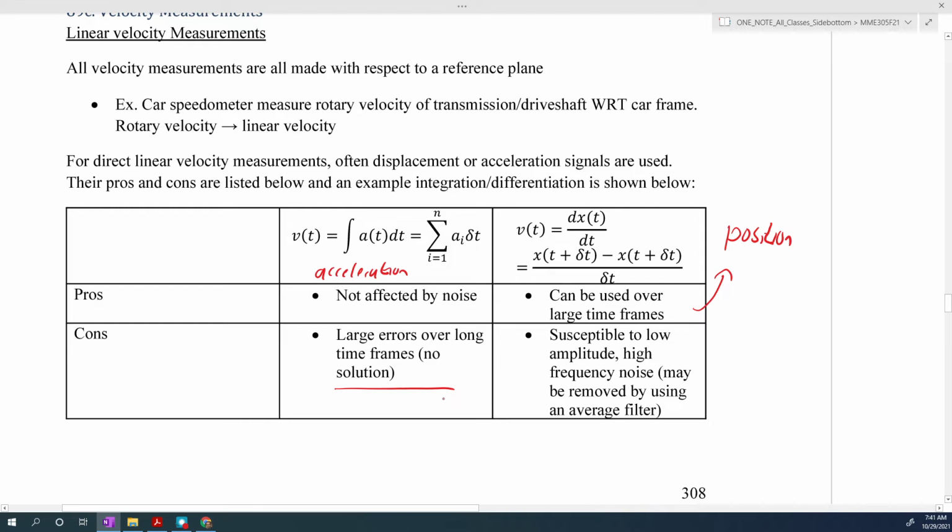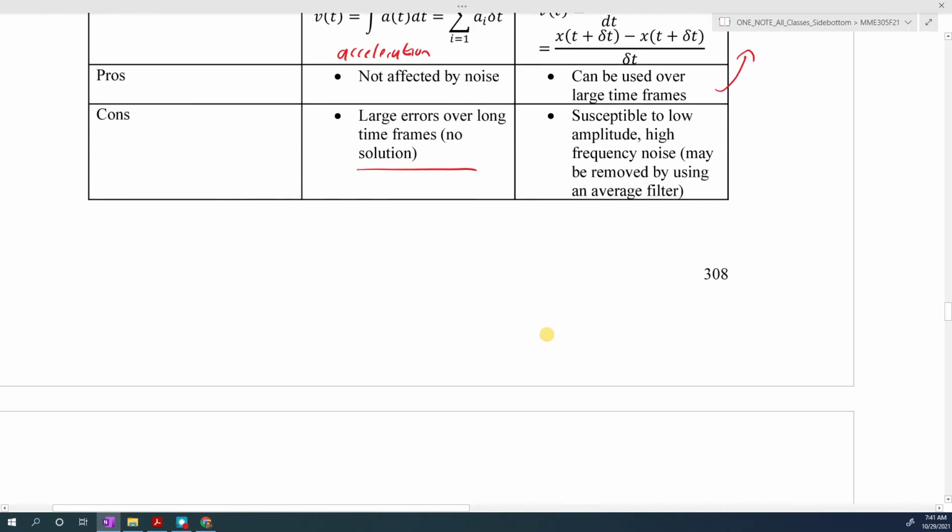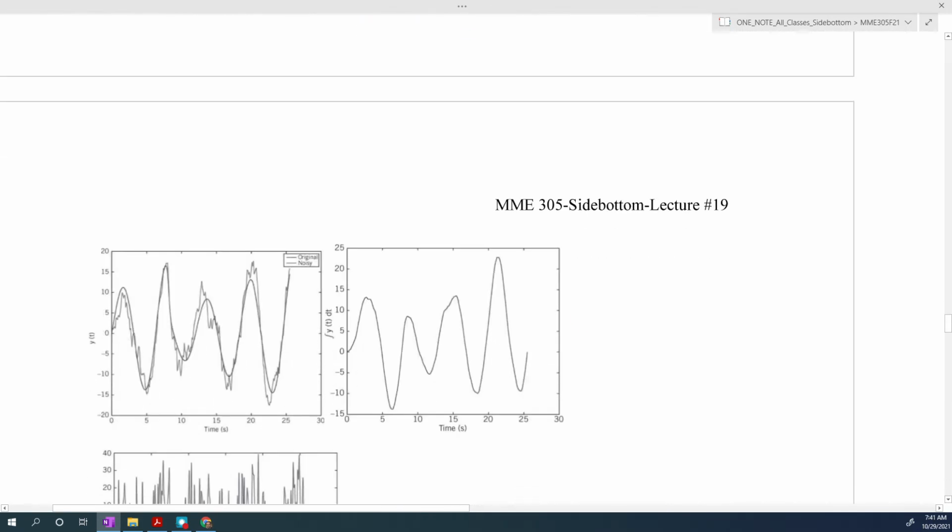The issue with using position measurements is that if they have a lot of noise in the measurement, that noise can affect the velocity estimate by quite a bit. You can eliminate that effect a little bit by using a moving average filter. Just to show you examples of what that looks like,